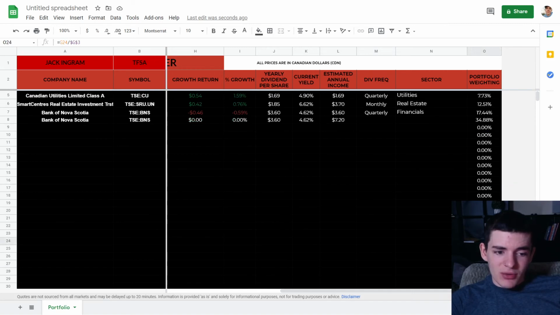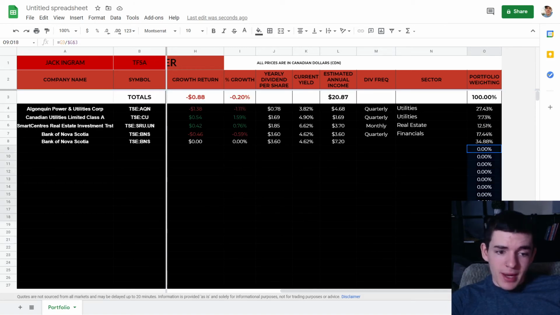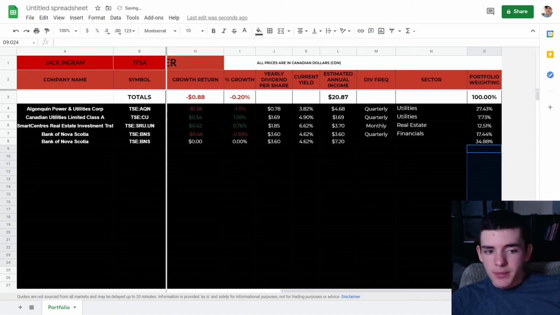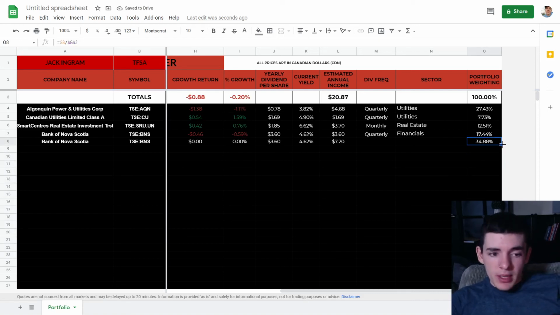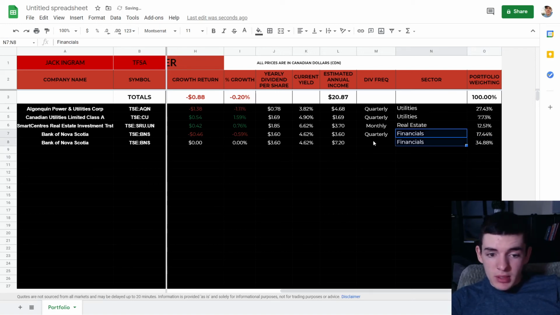You can essentially just drag this down as much as you want, the percentage for the portfolio, but you don't have to have all these fields. You could just delete them. And what you want to do now is just drag this down. You would drag it down from above, and then you want to put your field or your sector in. You could make a drop down here. I don't have a drop down yet, but you can find the sector pretty easily by just looking up the